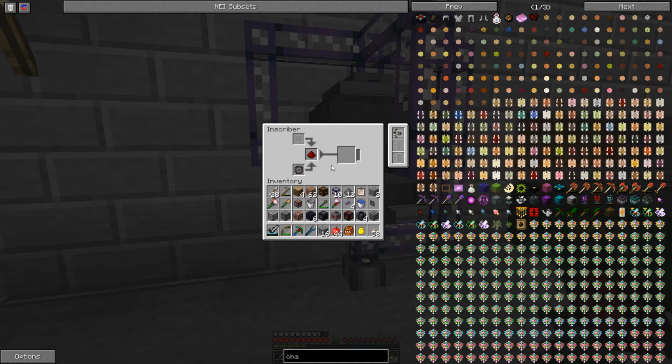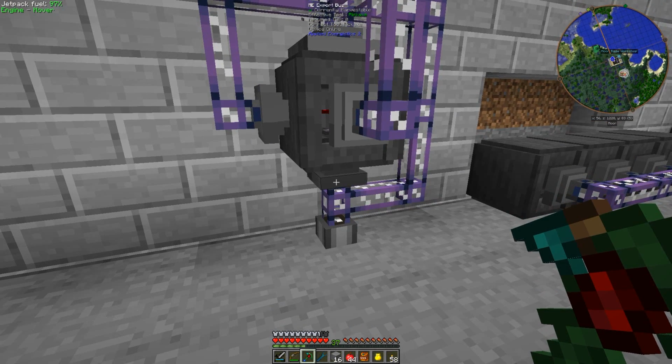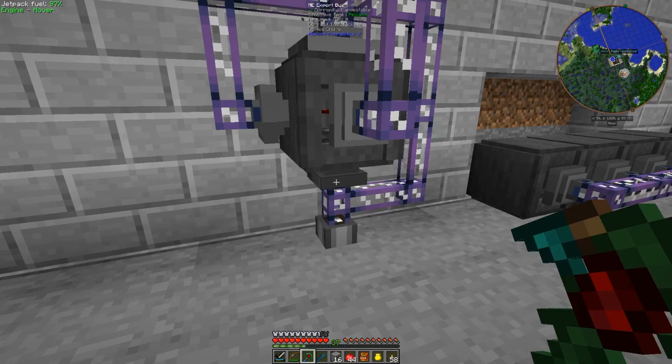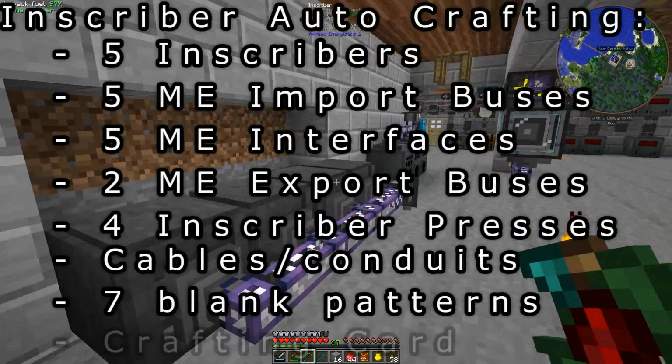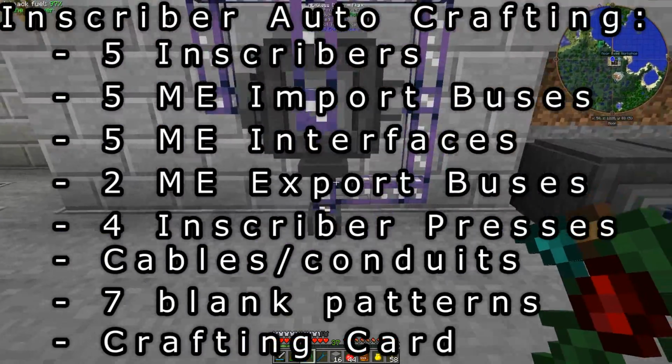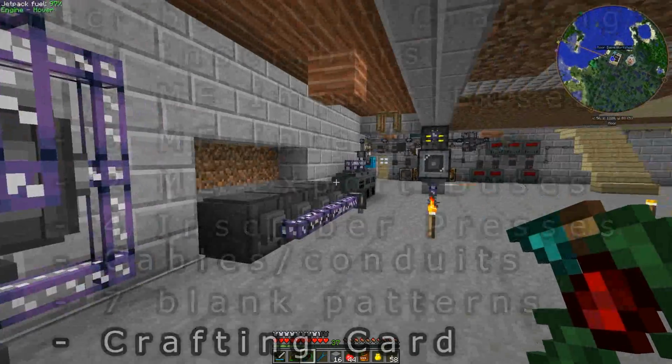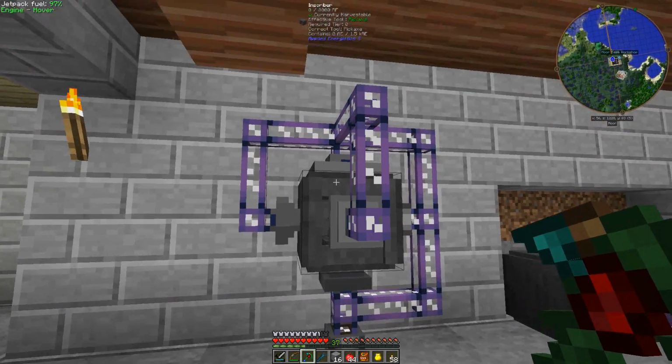And then on the bottom, every single recipe requires a printed silicon. So on the bottom, we have an export bus with a printed silicon in it. Now in this case, we've also added a crafting card. So actually, we should add that to our list of ingredients that we're going to need. Because if we don't have a printed silicon circuit in our ME network, then it's basically going to shut down